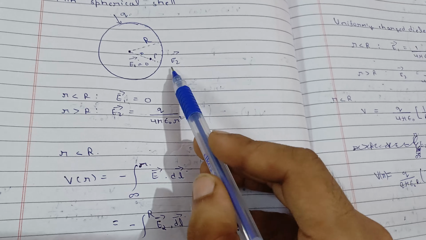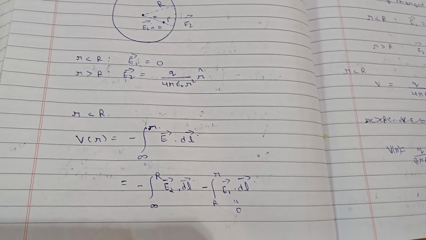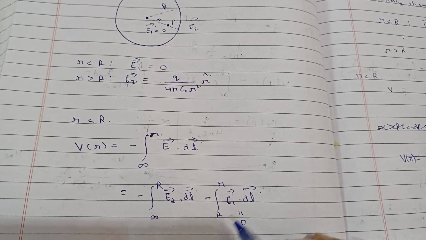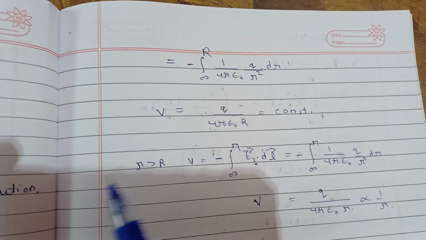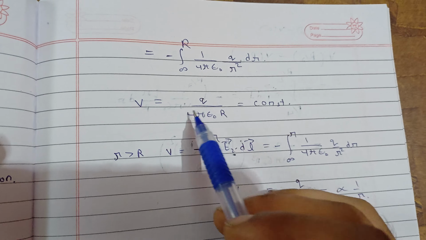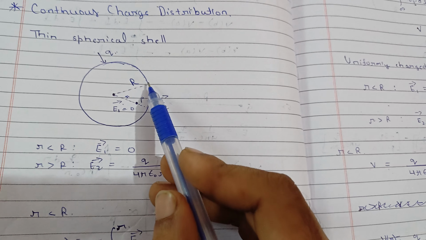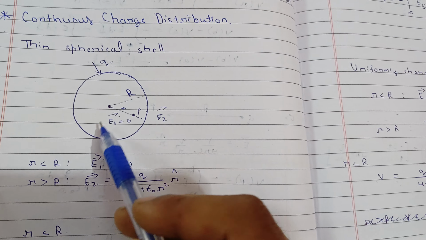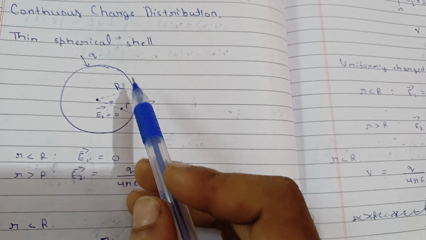For E2, we know the charge will be concentrated at the point, so we already know this electric field. Inside this spherical shell there is no charge, so using Gauss law we can say that E1 is 0. So we need to integrate only E2, which is q upon 4 pi epsilon r square, from infinity to R. This will give you q upon 4 pi epsilon R, and this will be constant. That means moving any charge up to here, the potential at this point will be constant, equal to the potential at the surface, q by 4 pi epsilon R. That's why we say that the potential inside a spherical shell remains constant, equal to what it is at the surface. At all points on the surface the potential is the same, q by 4 pi epsilon capital R.